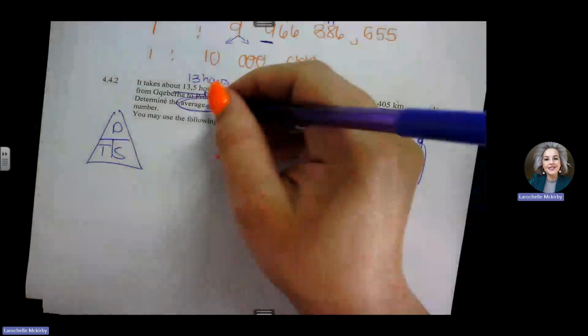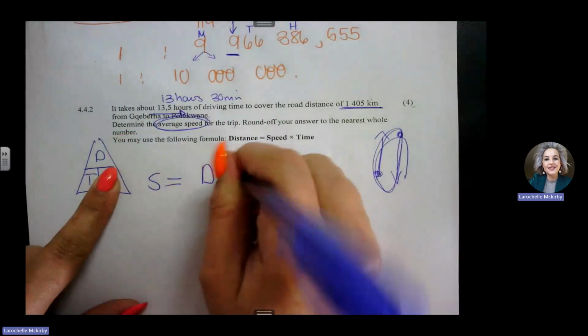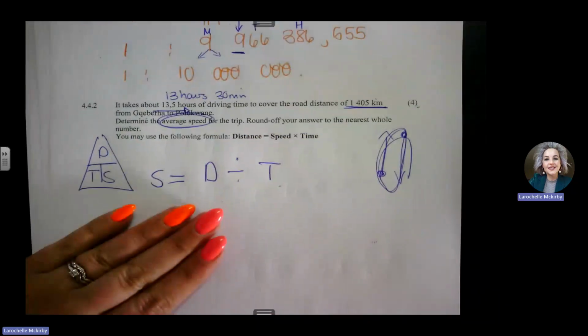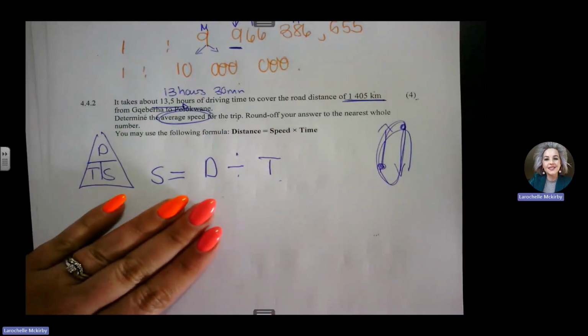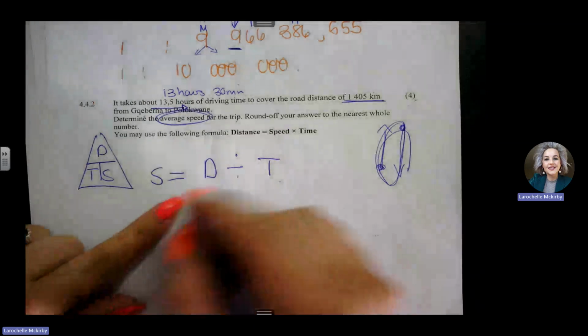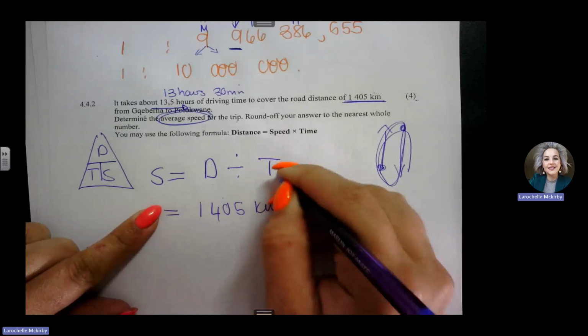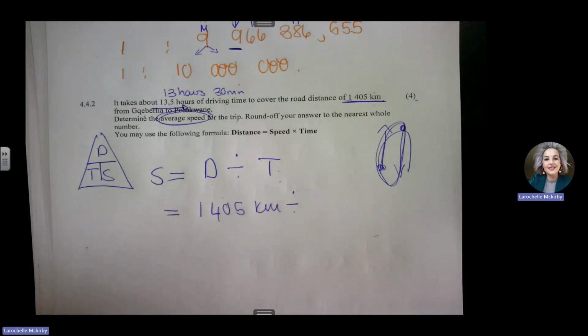Okay. So there's my distance, time, and speed triangle. And now I'm saying, oh, I need the speed. So I'm going to close off speed. Speed equals distance divided by time. And for changing the subject of the formula, I will get a mark for this already. And now all I can do is substitute it correctly. So the distance now is 1,405 kilometers divided by the time. And again here, I want you to be very careful. I have one method in doing this. I don't know what your method is, but keep with a method you know.